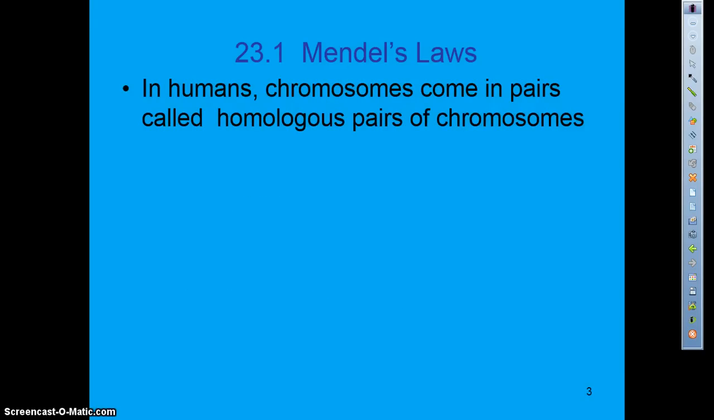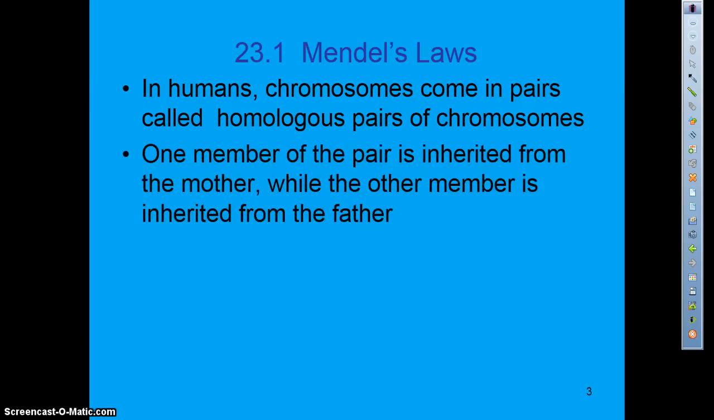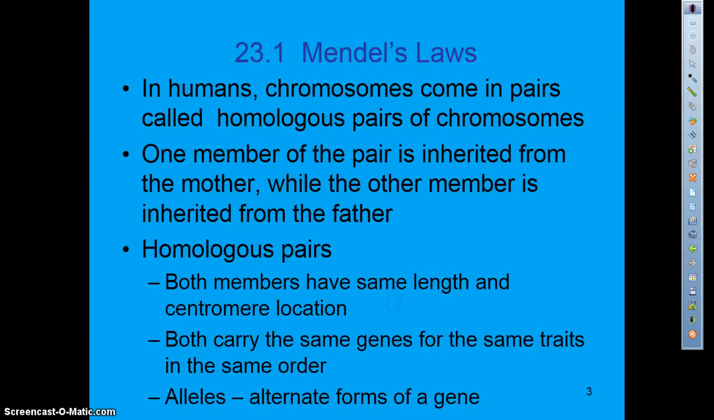In humans, chromosomes come in pairs, and they're called homologous, and we learned this when we talked about mitosis and meiosis. One member of the pair is inherited from the mom, and the other is from the dad. If you'll remember from the chapter before, homologous pairs of chromosomes both have the same length and the same centromere location, so they're easy to identify. They both carry the same genes for the same traits in the same order,